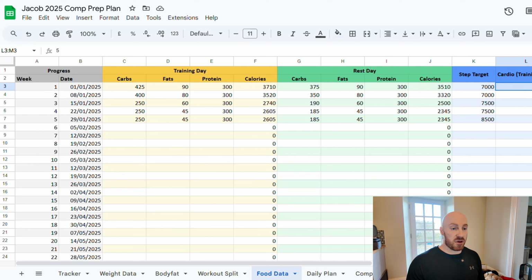And as you can see, as we've gone through, my calories have started to drop a little bit. And then as my food got to a point where I thought, I don't want to take it much lower than this right now, I'm quite happy with where it's at, what I decided to do instead was increase the cardio and steps. So you've always got these two choices of, do you want to take less energy in or do you want to burn more energy? How do you want to increase the deficit? Some people will prefer doing more cardio and keeping the food higher. Some people would prefer doing less cardio and eating less. That's kind of personal preference, and it's something you discover by tracking like this, because you need to go through the process,